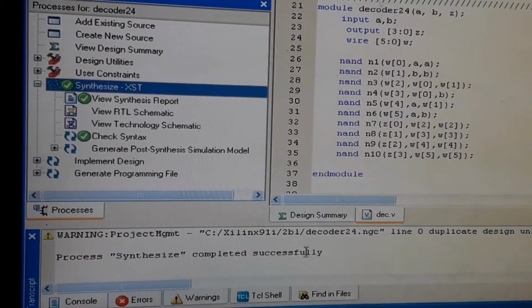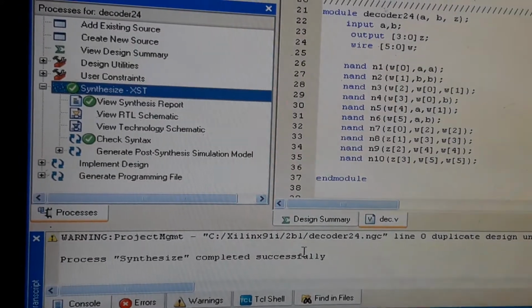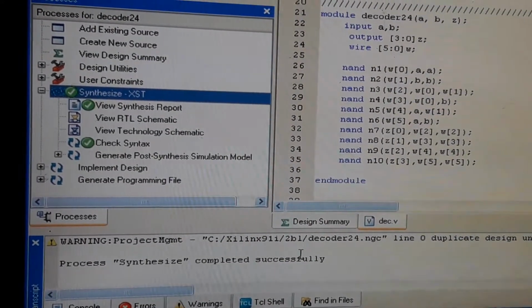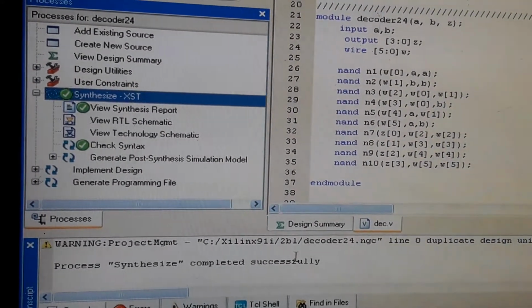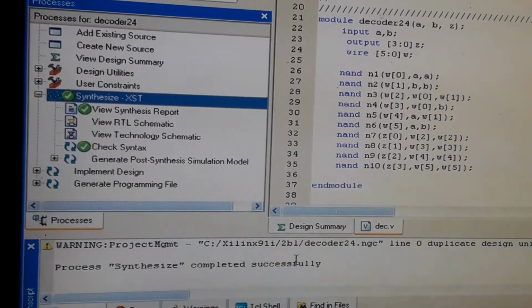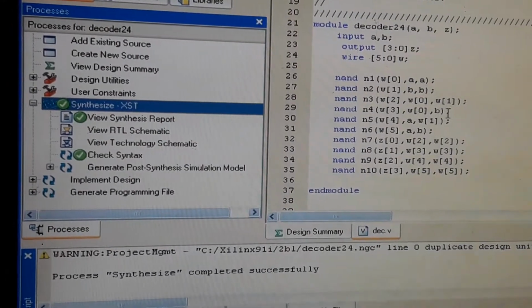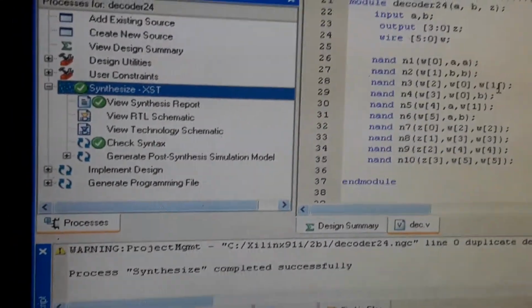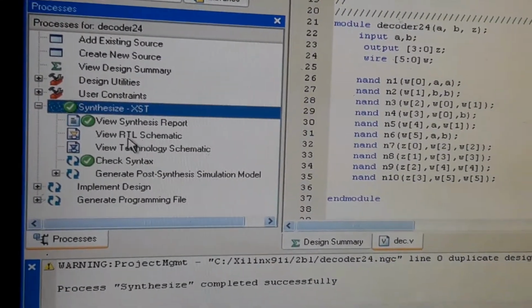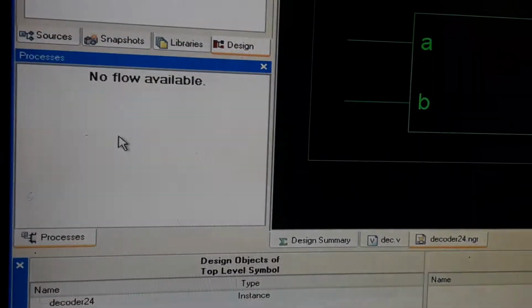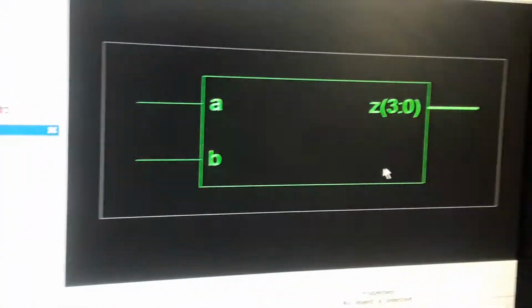Whatever circuit you have constructed on your paper, the 2 to 4 decoder using NAND gates, the same circuit you can get in your window after writing the program. For that, double click on view RTL schematic. Here we are getting the block diagram first.